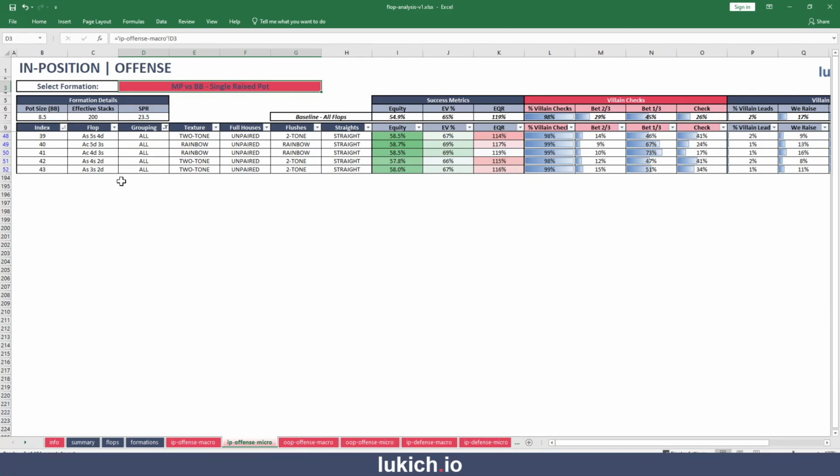And now by doing that, I've filtered my entire workbook down to ace low boards, and I can see the differences between them. I have some two-tone boards, I have some rainbow boards here, and within each of these, I can now look at whether I have any drastically different performing boards, one over the other. And one thing I can see immediately is that the rainbow boards in these situations, I'm